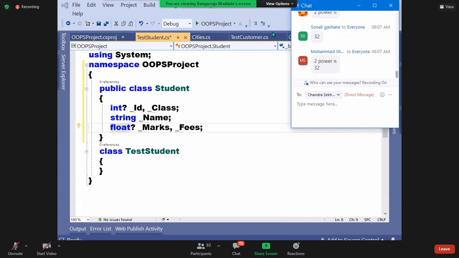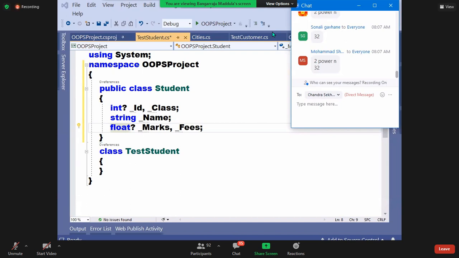Are you ready to write 32 constructors in the code? Because tomorrow, if another field is added, you're required to add many more. If one more new field comes, that's 2 power 6, which means 64 constructors. It's not easy writing that many constructors.